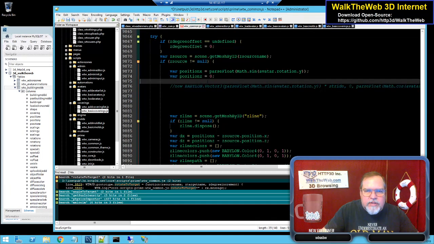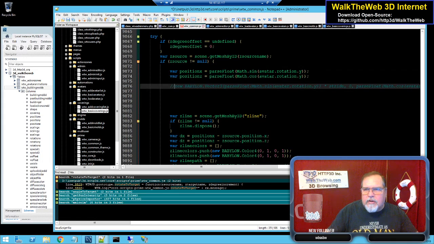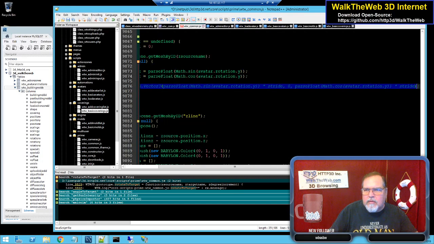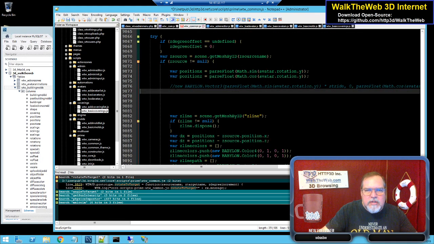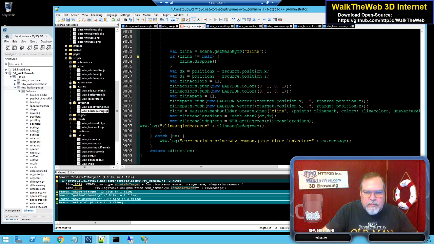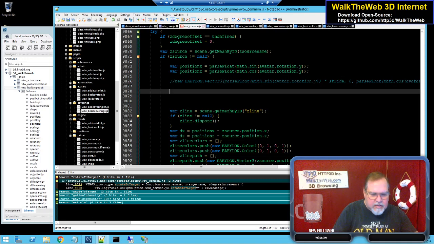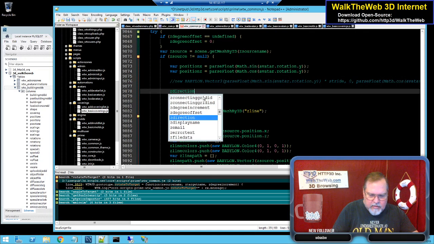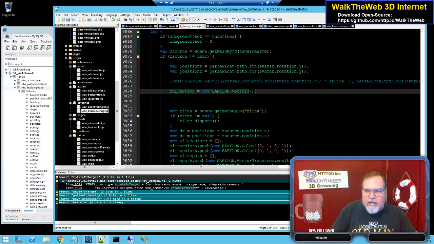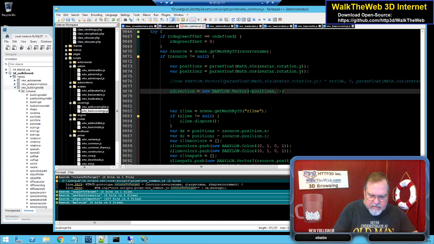Copy that as rotation Z, and then returning. We don't need stride, but we do need to parse these directions. So it'll be new Babylon 3. Well, let's just do it this way. Z direction equals new Babylon 3, and it will be position X, 0, and